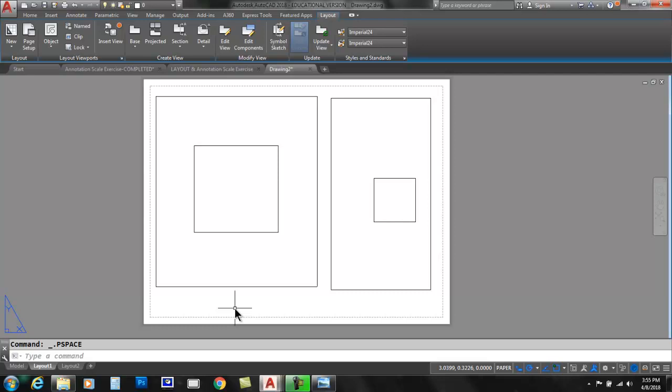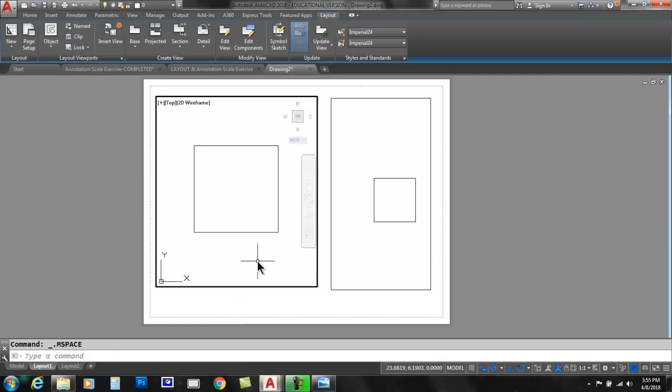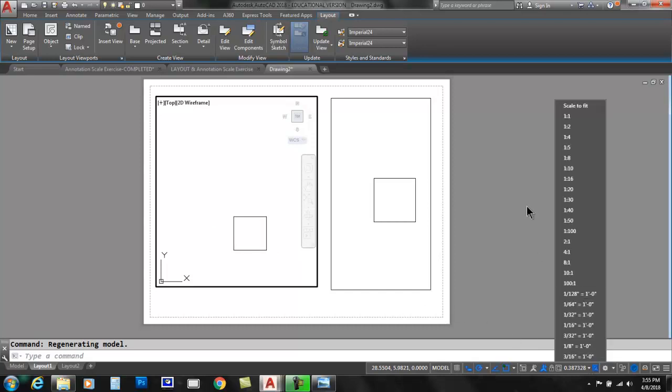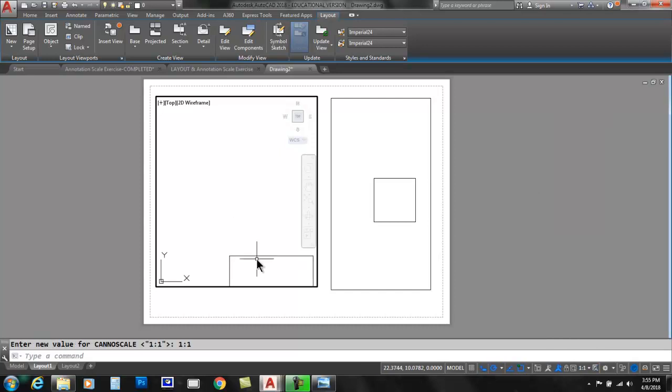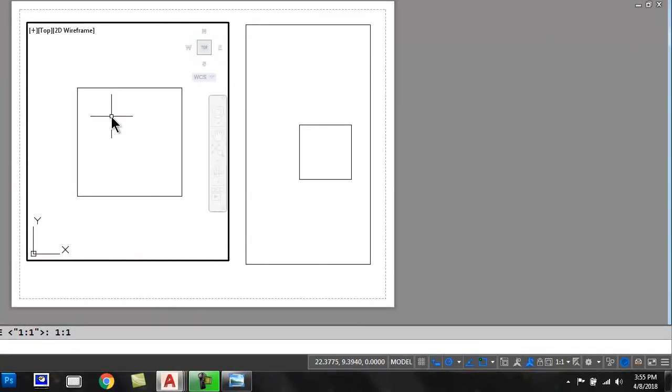Okay, so we get a little feel. You're able to scale independently each viewport. And the last thing to show you would be, when I double click to reactivate, if I roll my mouse wheel for any reason, I have now changed or disrupted my scale, and then I have to go back and rescale it to 1 to 1. And you can see what happens now. I have to pan it, and I have to be careful when I pan I don't roll the mouse wheel